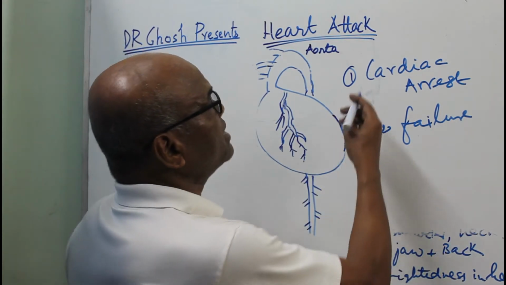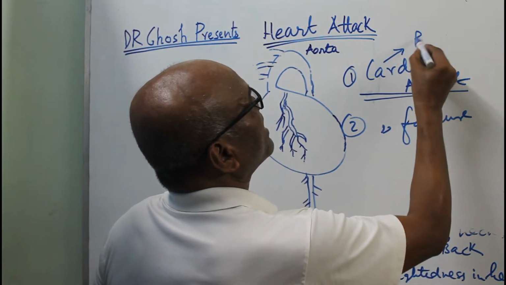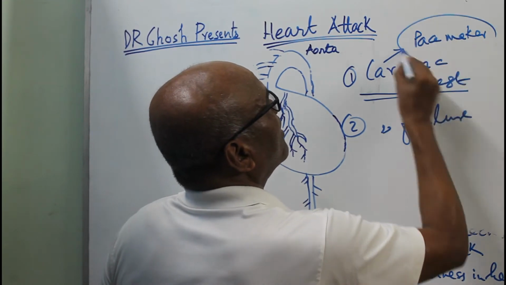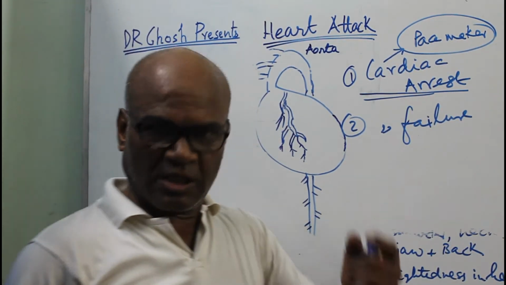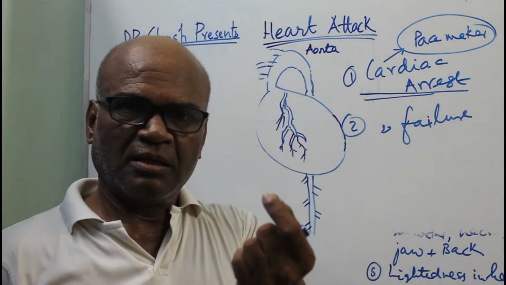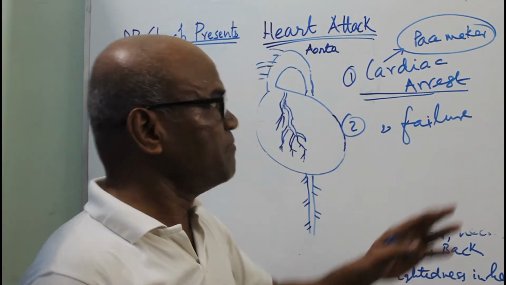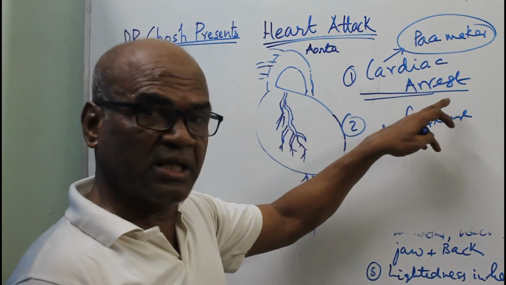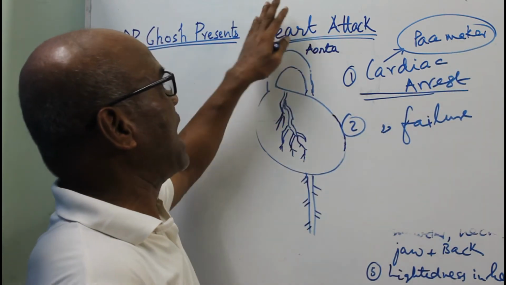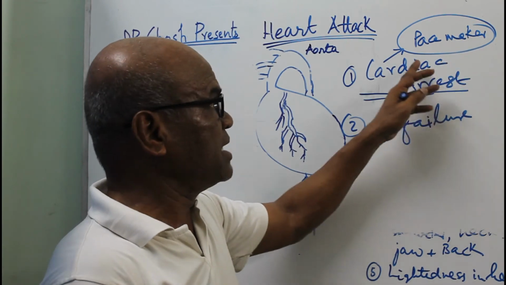But when this is disturbed, generally a pacemaker is planted in our heart. Pacemaker is nothing but a small battery that creates that pulsation, so that this contraction and expansion again starts. So pacemaker is for cardiac arrest. Mind this, you cannot use this pacemaker in case of heart attack or heart failure, cardiac failure. It is for the cardiac arrest.